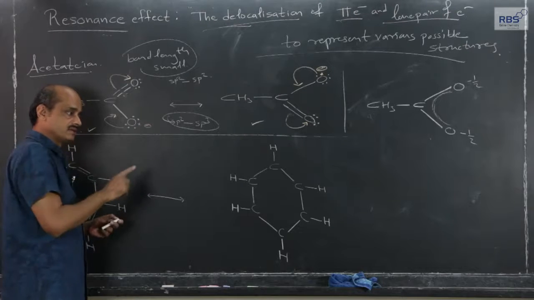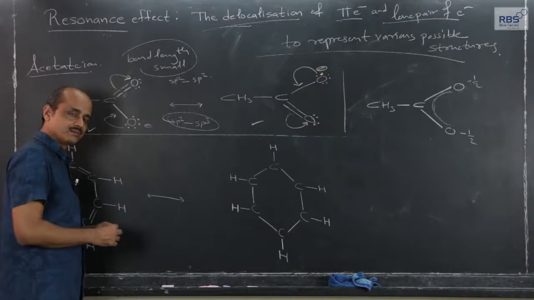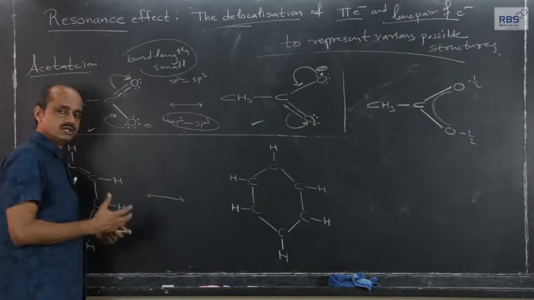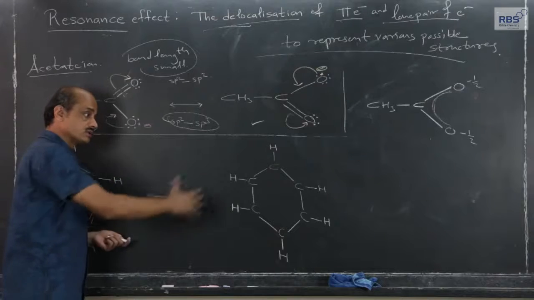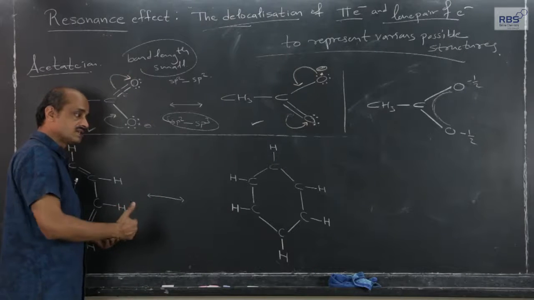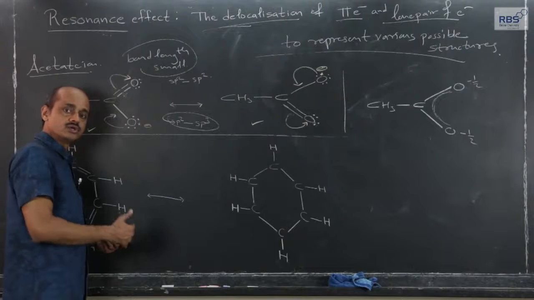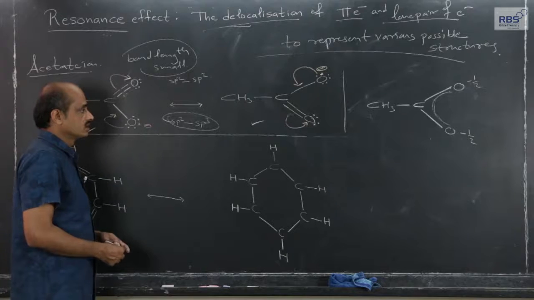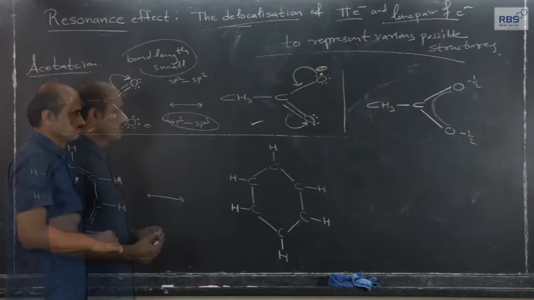So, that is the reason behind the statement, the more the resonating forms, the more the stability. We are going to consider a few more examples. It means the more the number of resonating forms, here we have considered 2, the more the number of ways in which the electron distribution or charge distribution is possible, the more the decentralization, the more the delocalization, giving rise to more stability. That is the reason behind that, or that is the actual meaning of resonance.